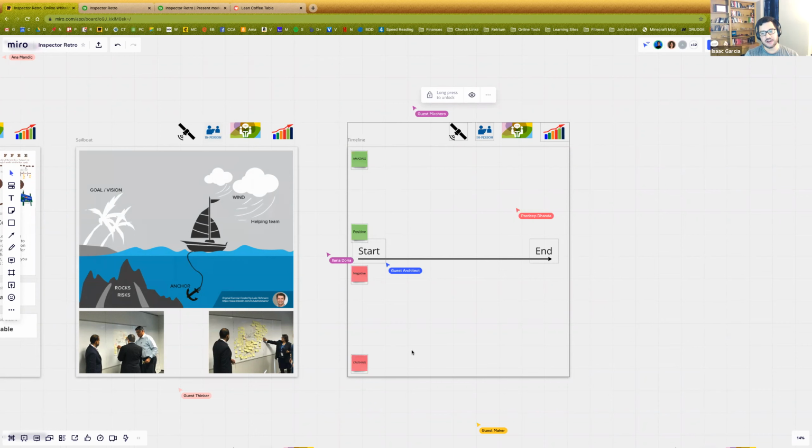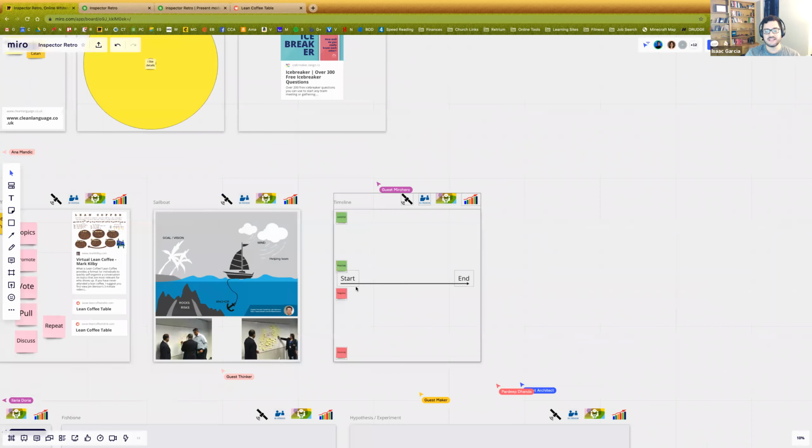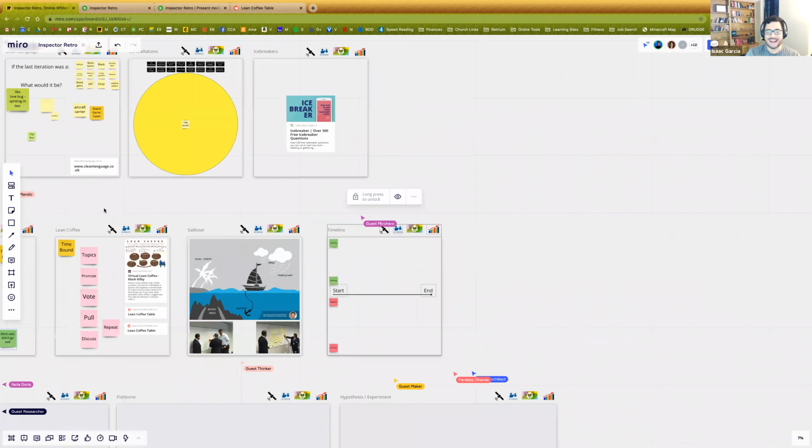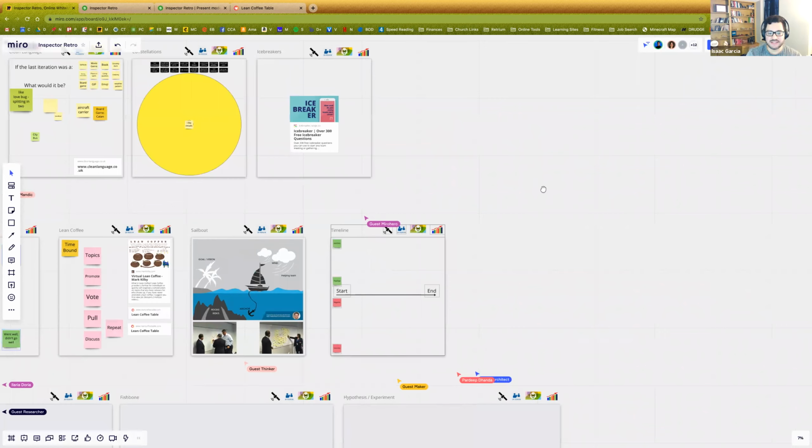And so you could actually see, boy, we started good, and then that server crashed, and that was down here, and then this happened, and then that happened, and you could actually build an emotional timeline, a feeling of success timeline, a fun timeline. You can do that for your team to quickly assess where did the last sprint go and get a sense of what were the highlights and what were the low lights of the last sprint. There's a couple of methods there.